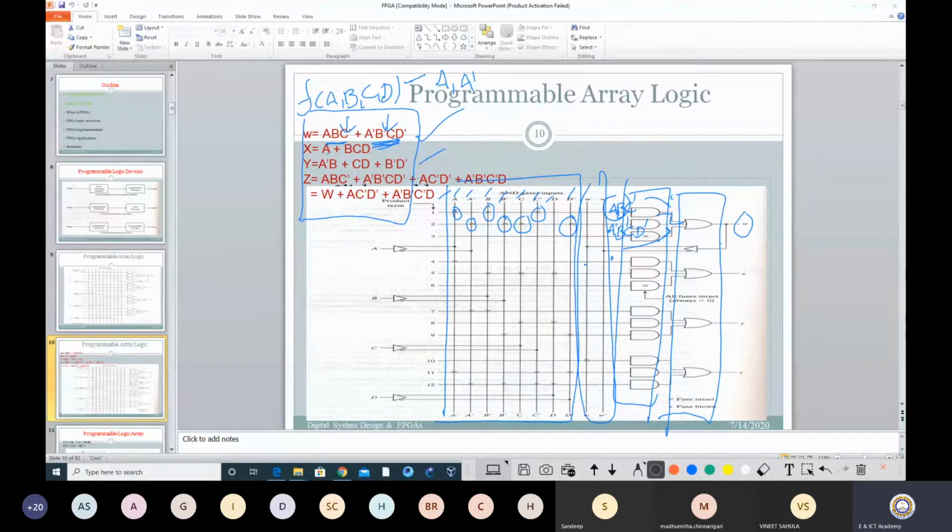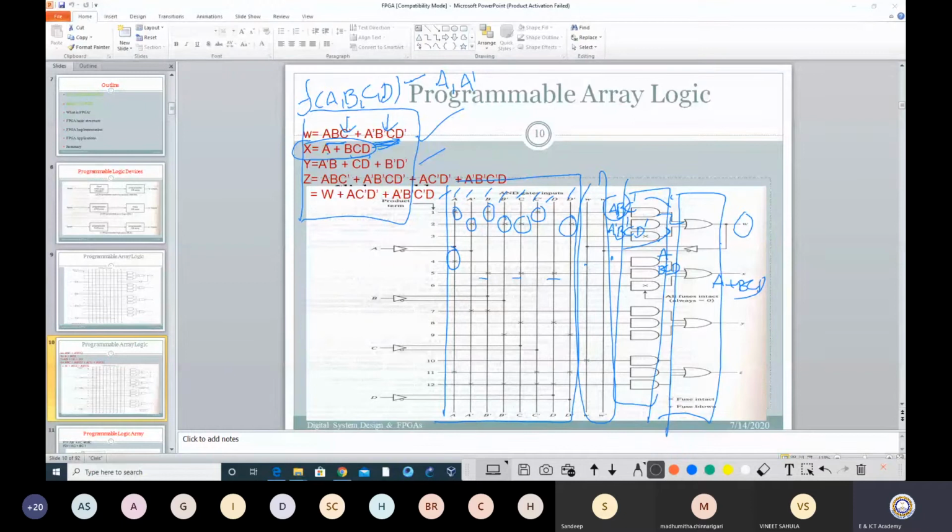Okay. Now go back to your second term, X equal to A plus B, C, D. Now you can simply observe that this is my A. So here at the output of the AND gate is A. Here B, C, D. Here you will get the B, C, D. So here you will get A plus B, C, D. That is my X. Similarly, Y, Z you can implement. Now, interestingly, if you see Z, okay, so concentrate on Z. So Z is A, B, C dash plus A dash, B dash, C, D dash plus A, C dash, D dash plus A dash, B dash, C dash, D.